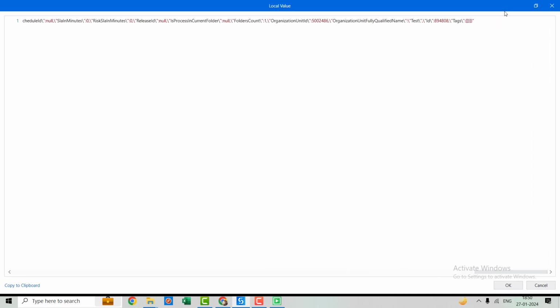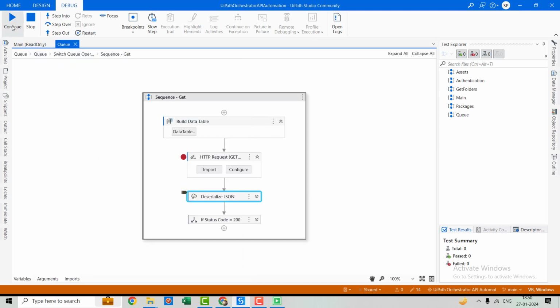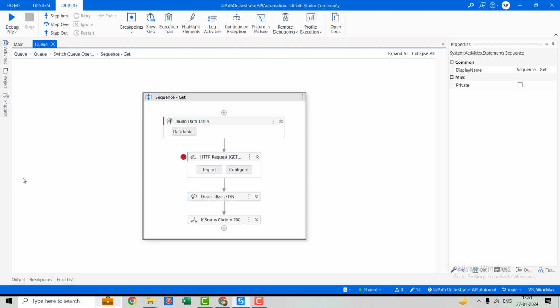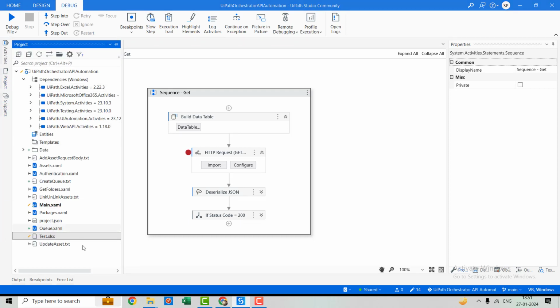There is more than one queue, so there are three objects in the value. So this is our value key, which is containing all the queues. So there is an OData count of three actually, because there are three queues existing in our orchestrator in the test folder. So let's execute it. Alright, so execution is done. Now let's go here. I'll show you all the details in the